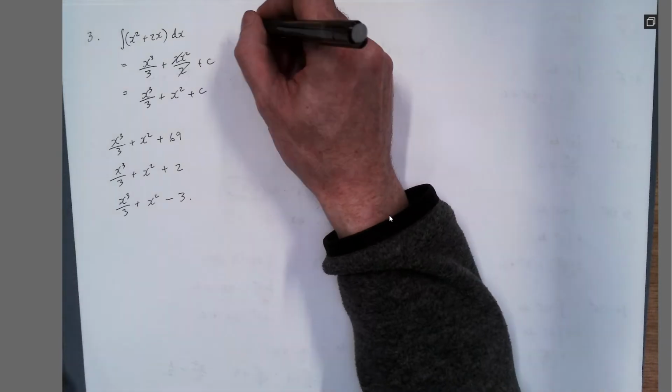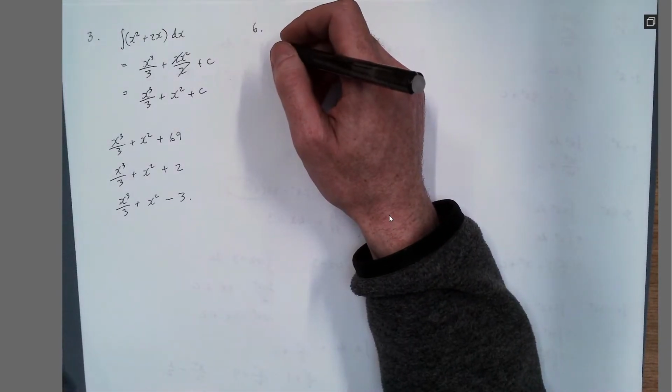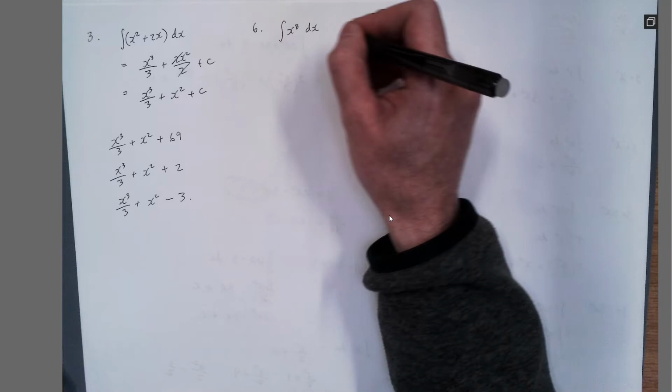Okay, so find each of the following integrals. If we are asked for the integral, then you get all the antiderivatives. So straight from the table, the rule is x to the power of n becomes x to the power of n plus 1 over n plus 1. So the integral of 8x dx equals